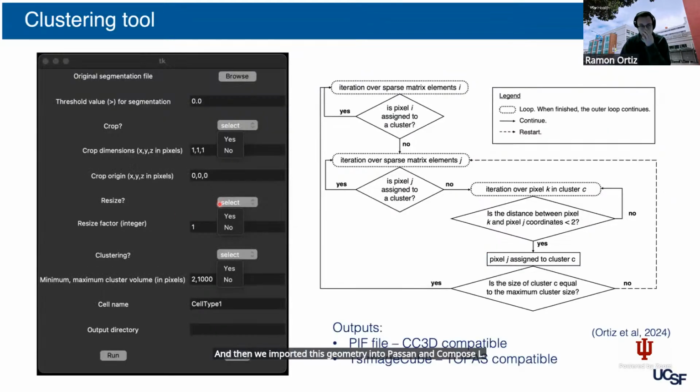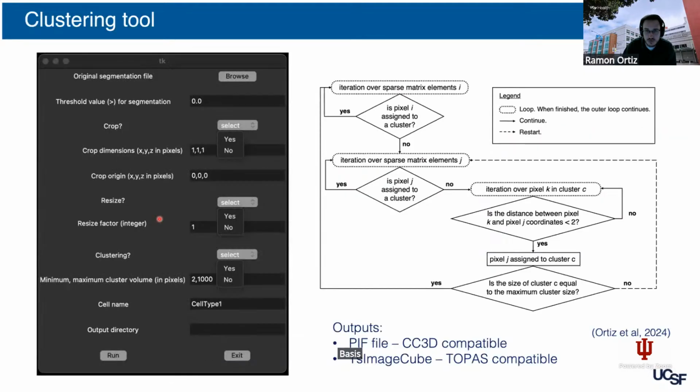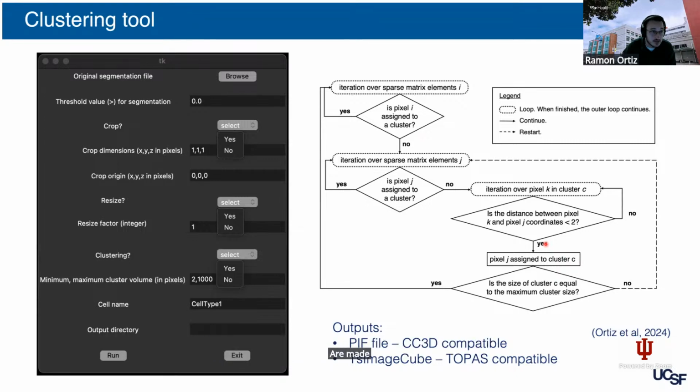To import this geometry, we created a tool that is publicly available now. Although TOPAS and Computational have the capability of importing geometries on a voxelized basis, the main problem we faced is that we needed not only the voxelized geometry, but also the clustering of voxels that conform the same cell, because in radiobiology, the main associations between dosimetric quantities and biological effects are made on a cell or cell nucleus basis. So for that, we developed